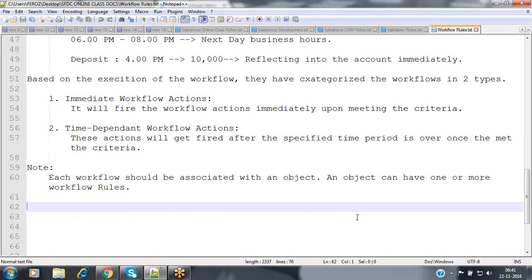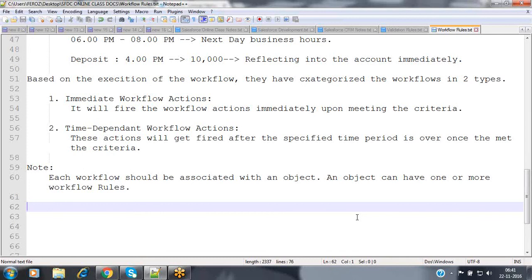No. For every object, we have to use a separate workflow. If you want to send the notification on the multiple object records creation, then we have to create multiple workflows. There is no option in Salesforce to use the same workflow on multiple objects.